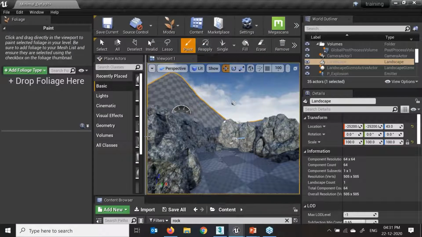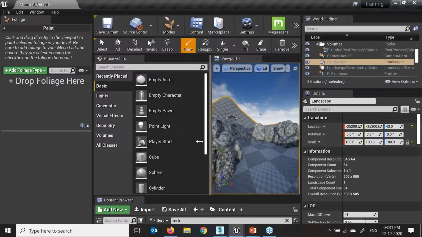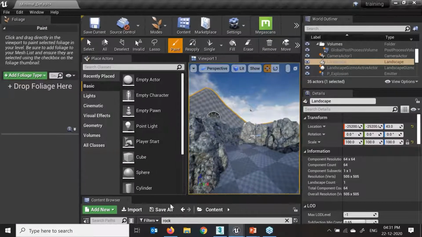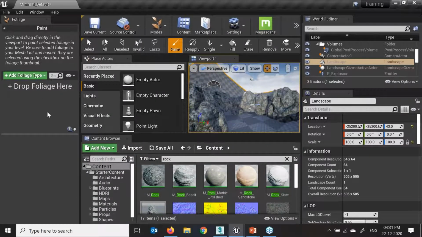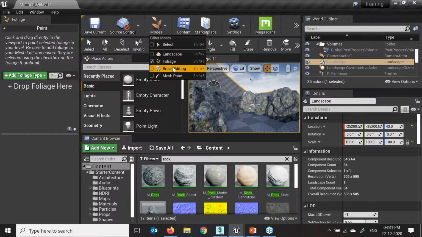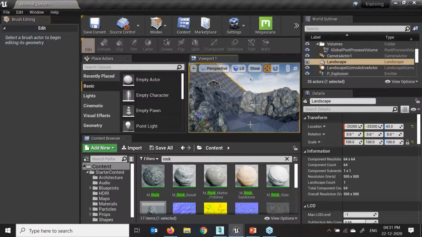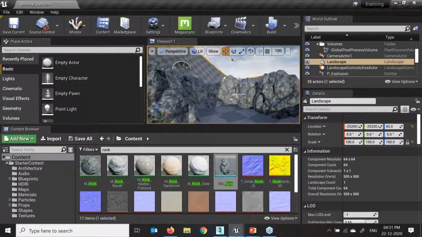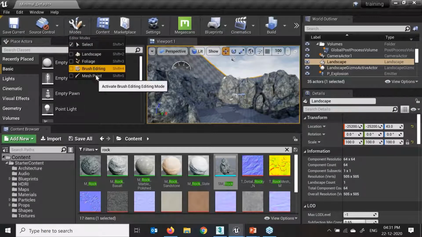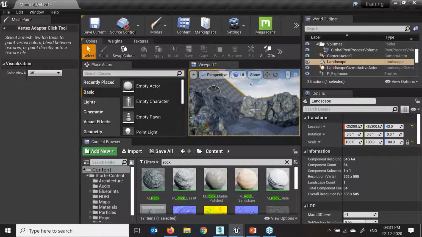As of now, I don't have any foliage in my scene or in my content browser. I can easily drag and drop my foliage from my content browser to foliage options over here. If I click over here, this is the brush setting mode. Brush setting. This is a mesh paint.